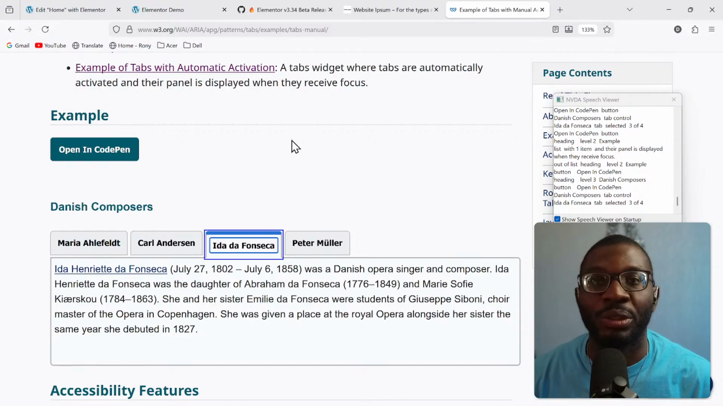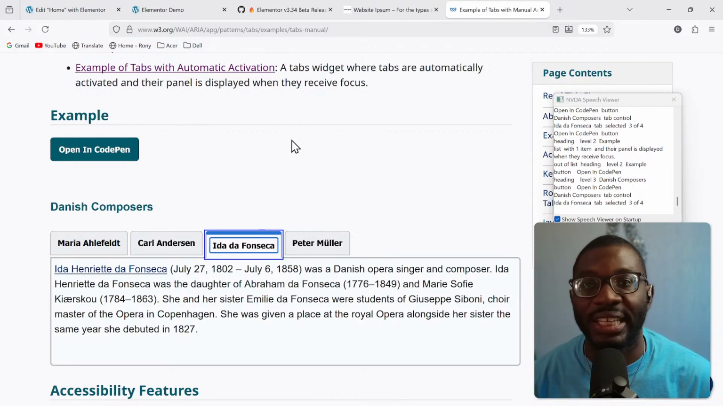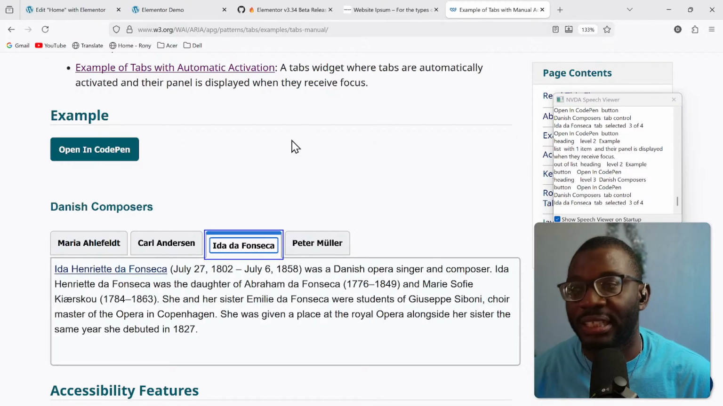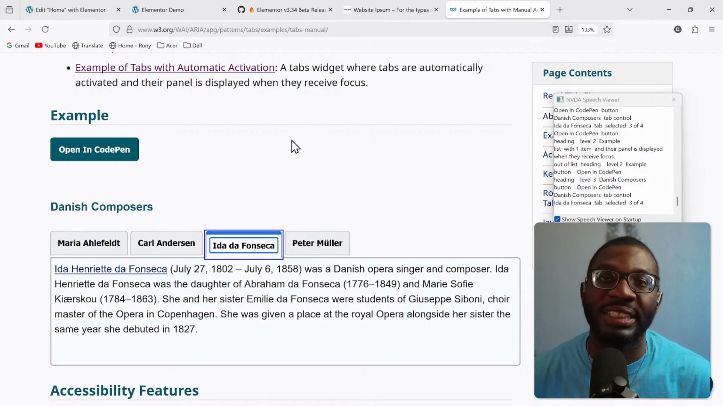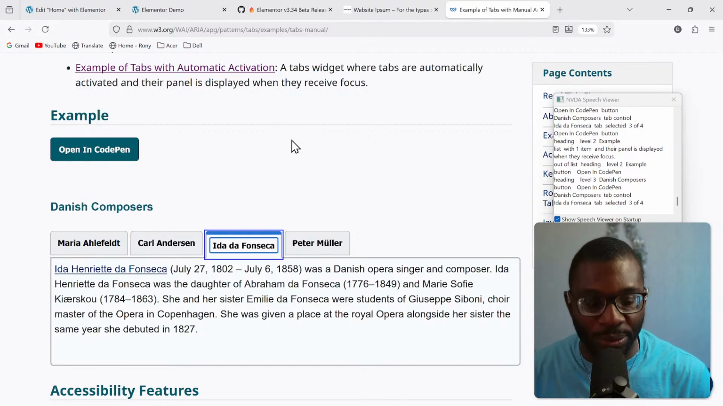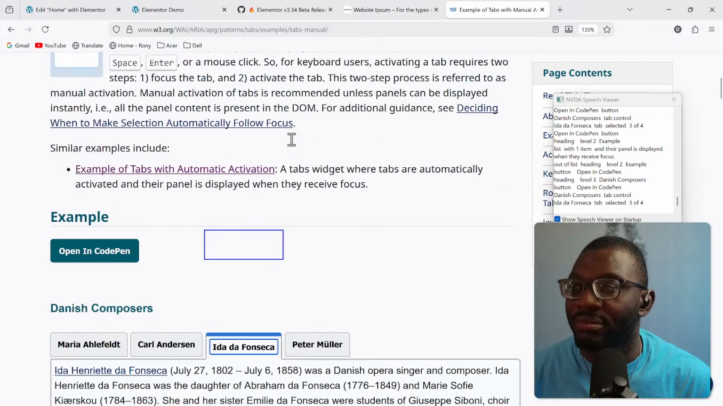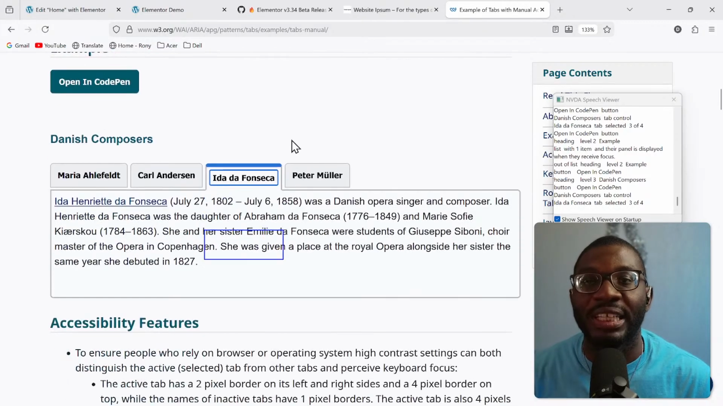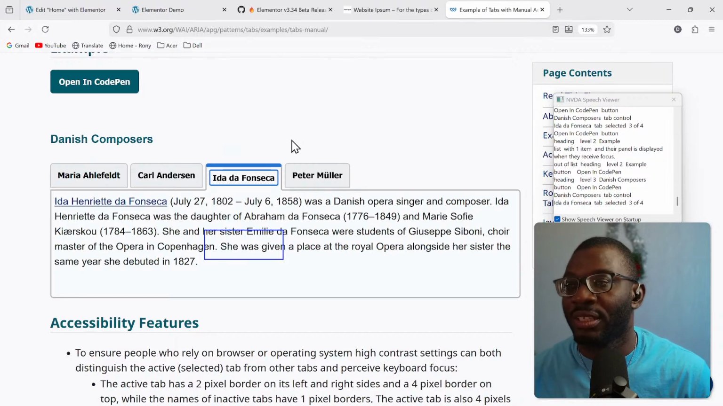So first of all, because the tab list has an aria-labelledby, it says Danish composers, so it reads the heading, then it tells me tabs control, and it reads out the title of the currently selected tab. And now when I press the up and down arrow key, watch what happens. Up arrow key is now moving the page up and down. That's because the screen reader, once it detects tabs control, switches to browse mode and deactivates your event listeners. So that's why